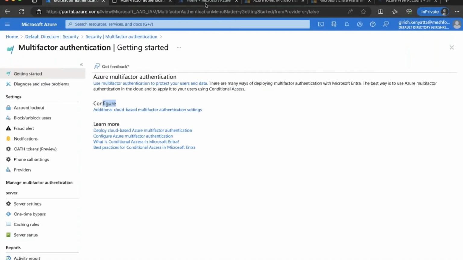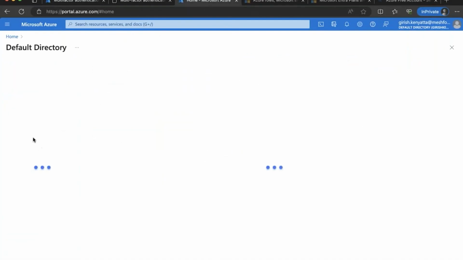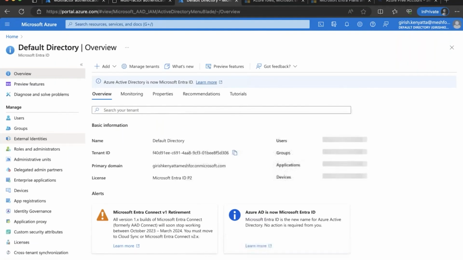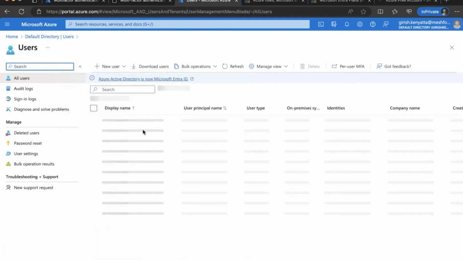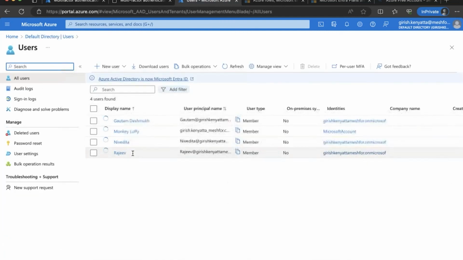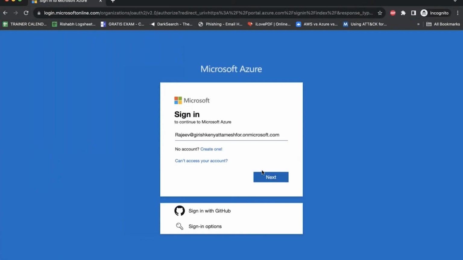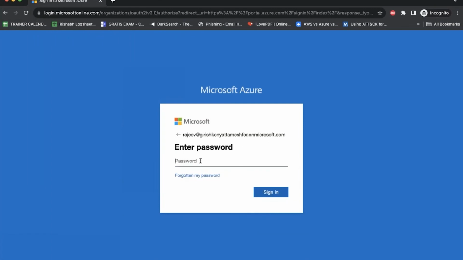So again, for that, I need to go on to my default directory here, Entra ID. Now I have to make a habit of calling it Microsoft Entra ID. I will go in here, go to the user section, and select Rajiv over here. I will copy the username of Rajiv over here. I will come back and I will simply